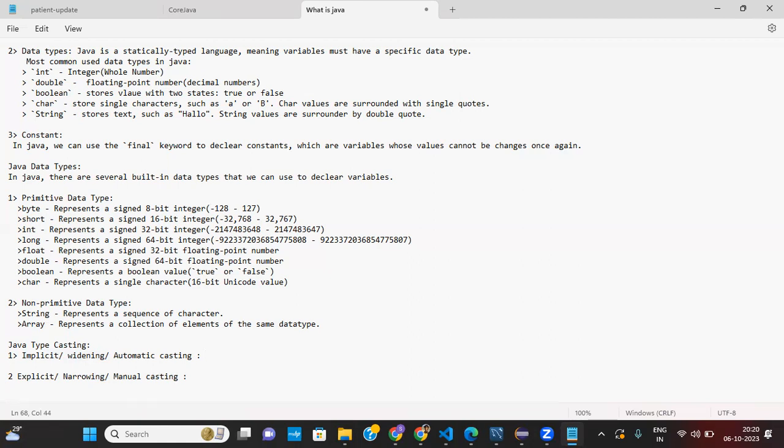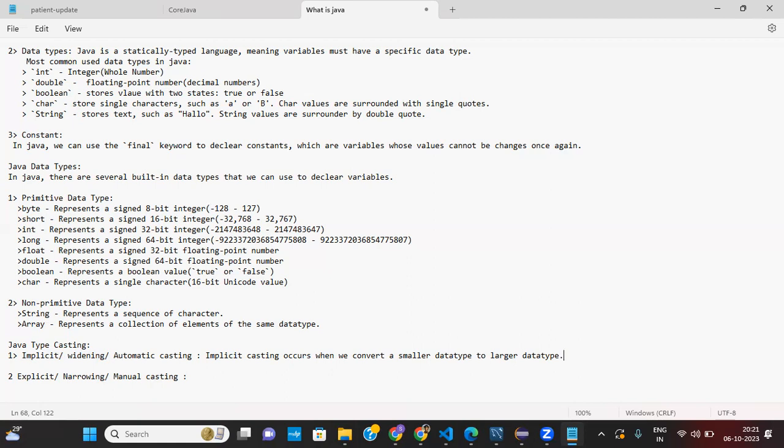Converting a smaller data type to a larger data type makes an automatic casting, which is implicit casting. Implicit casting occurs when we convert a smaller data type to a larger data type.